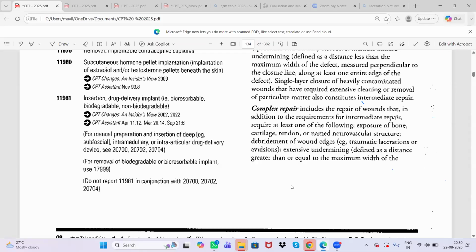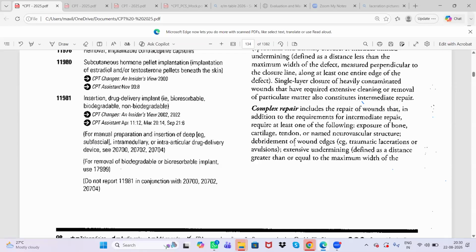Right. So exposure of bone, cartilage, tendon are named neurovascular structures if they are exposed. Okay, that time you can consider those under the complex repair. These all are deeper structures, deeper than muscle, right? So when the repair is being performed on these structures, then you can consider under the complex repair. Okay, next,